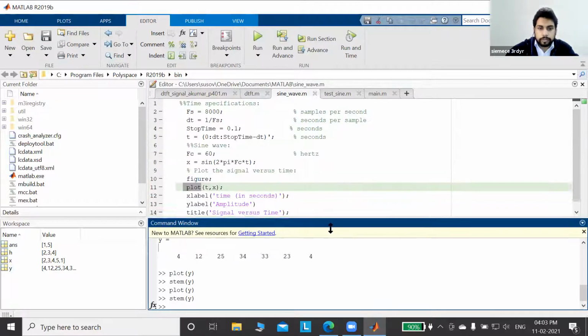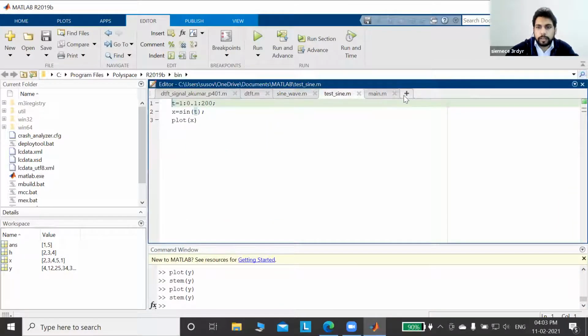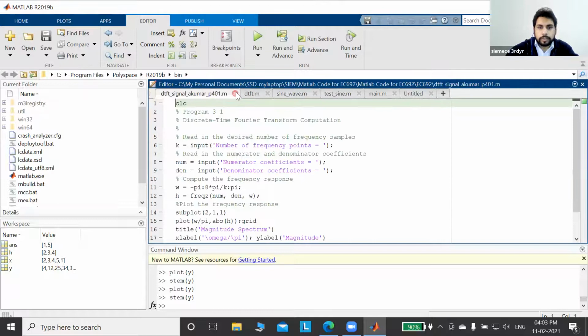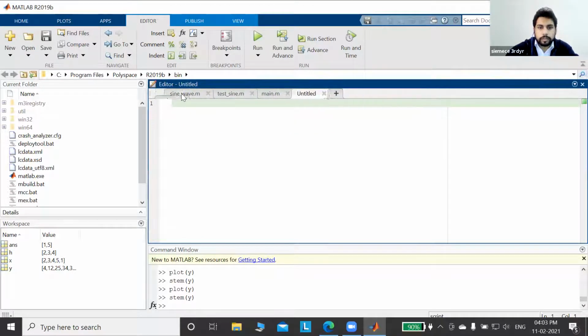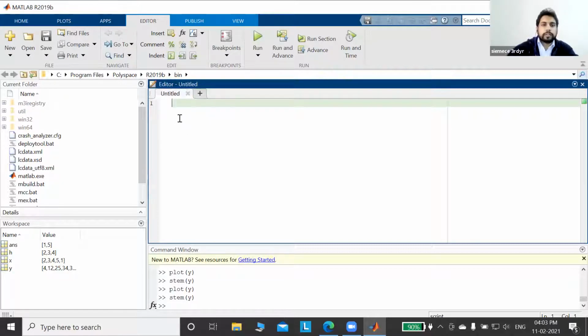For that, we have to take an editor, an untitled one. Just a minute, I'll erase this program. This is the editor.